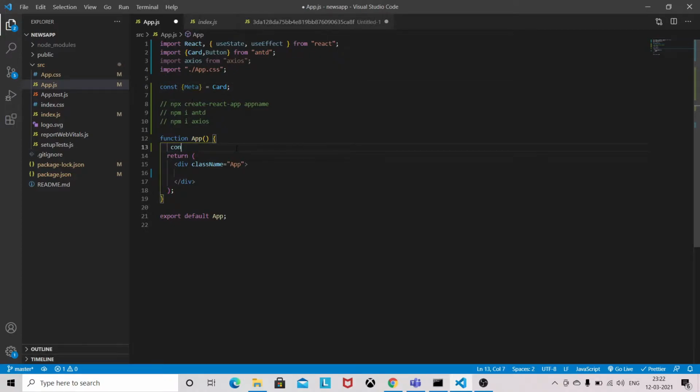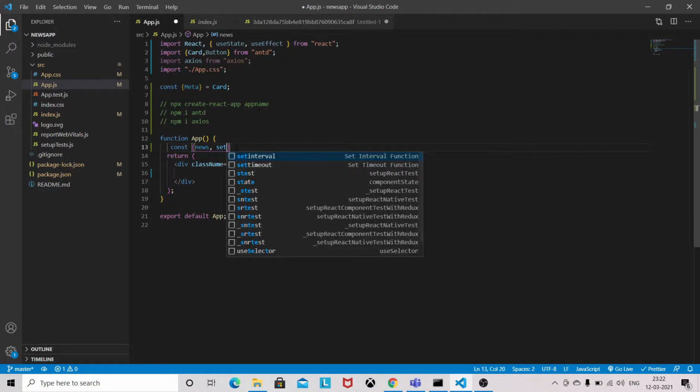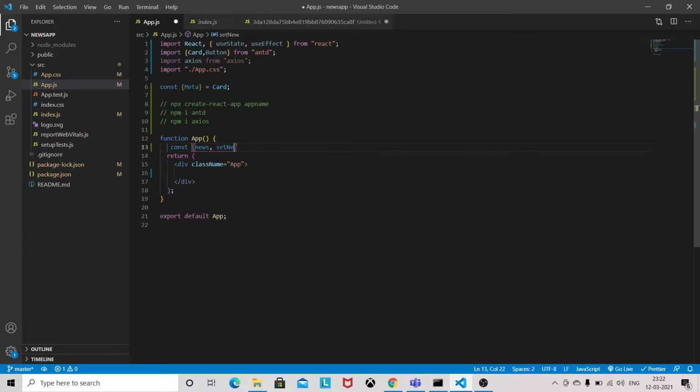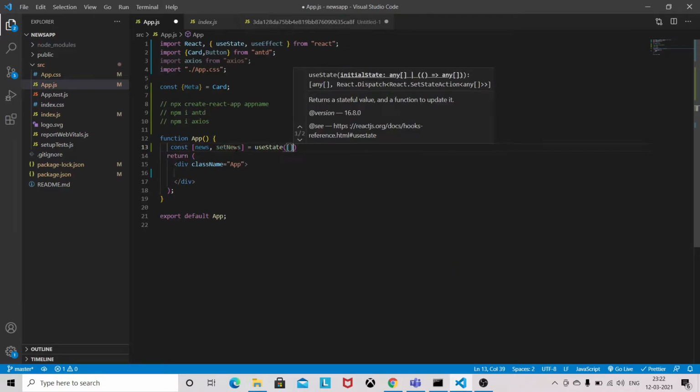Now we need to set one state: news, setNews. useState, and it will be an empty array.